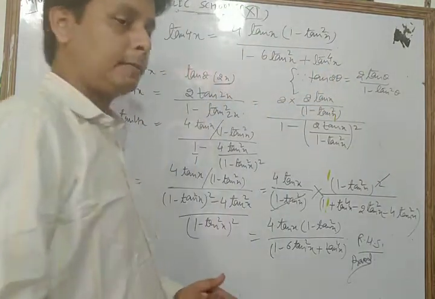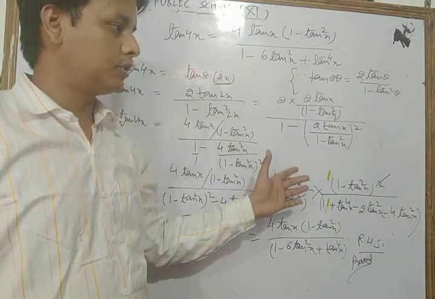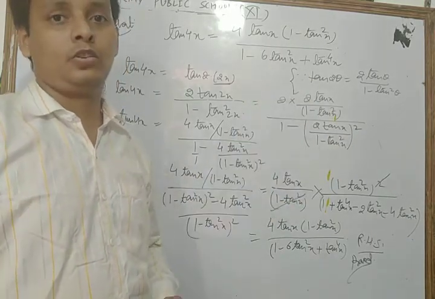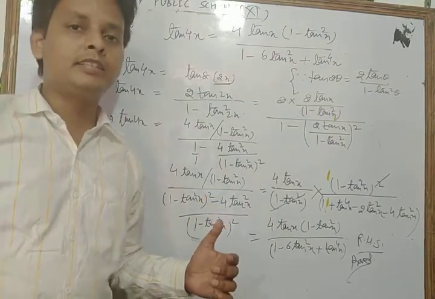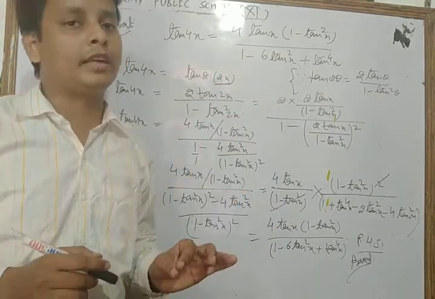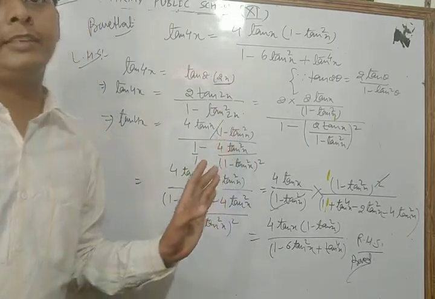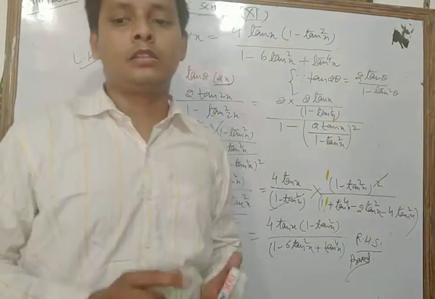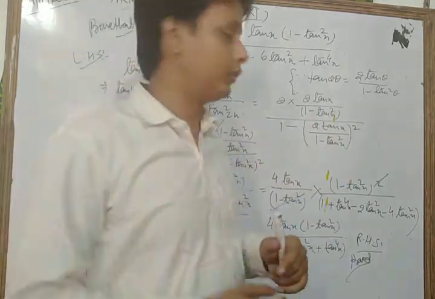hence proved. So dear students, we can prove all the questions of your NCERT exercise based on these identities in this way. First you learn all the trigonometry identities of your NCERT exercise, then you solve each and every question of your NCERT exercise. First you remember all the trigonometric identities. Now let's see some other basic questions based on these identities of your NCERT exercise.